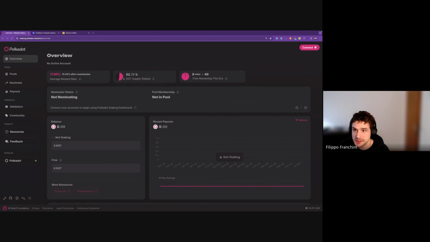Then you have the total supply staked. This is basically the percentage of DOT tokens that are in staking divided by the total supply that is around, and it has been increasing a lot. Even if it increases by 0.1, 0.2, it means that a lot of tokens are put into staking. So we have seen some big increase since last year. Yeah, October last year, when actually the ideal staking rate